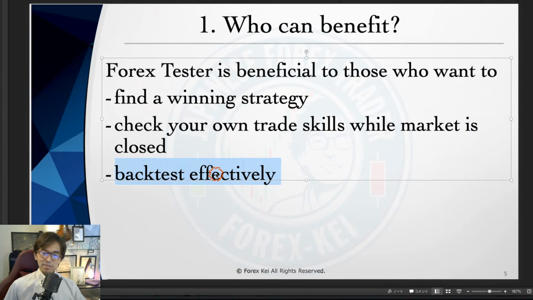So this is like I said before, but it can be efficient because our time is limited, only 24 hours, but it doesn't mean that we can keep watching the market 24 hours. Sometimes market is quiet. Sometimes you want to be active to the market, and that's why by running Forex Tester 4 in the past charts, fast forward it so that you can save time to backtest your own strategy to build up confidence in your trades. So these are the benefits that I think that you can get from the Forex Tester 4 based on my experience. So next,